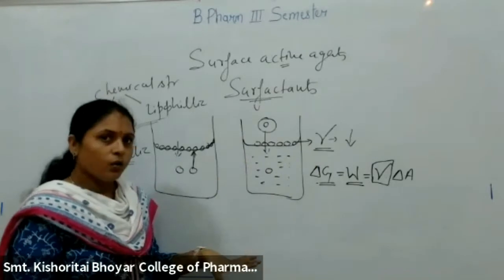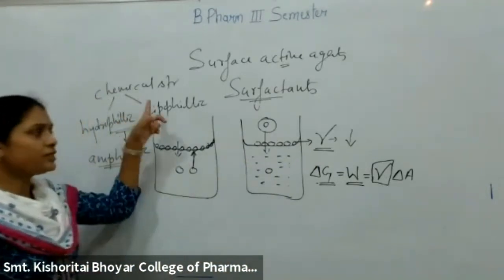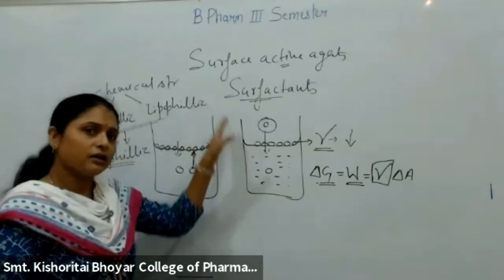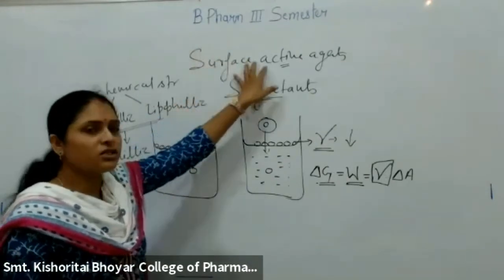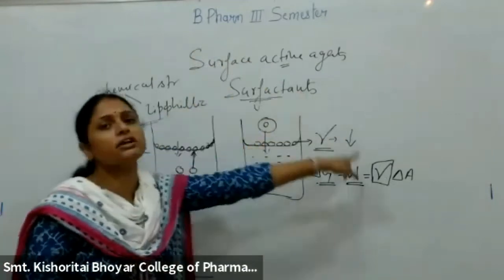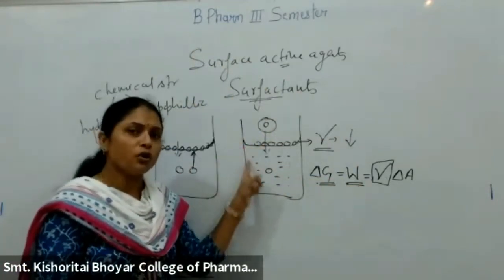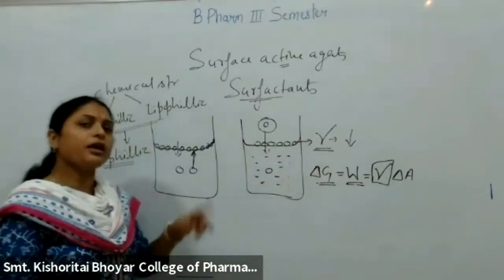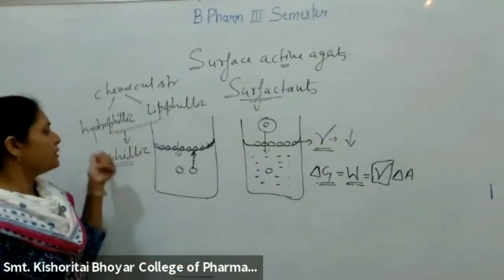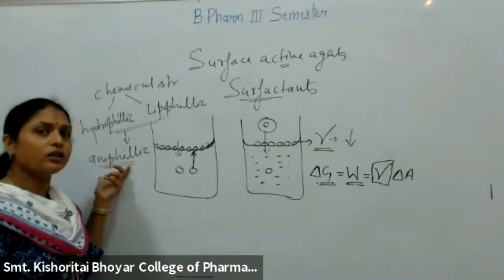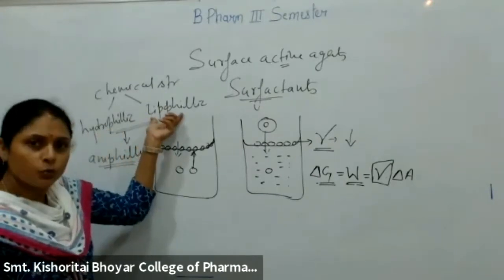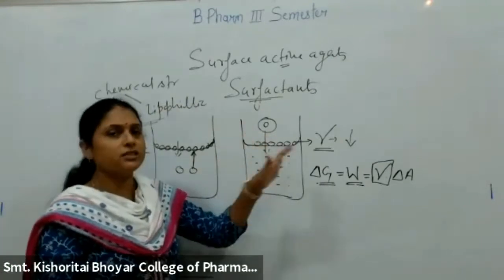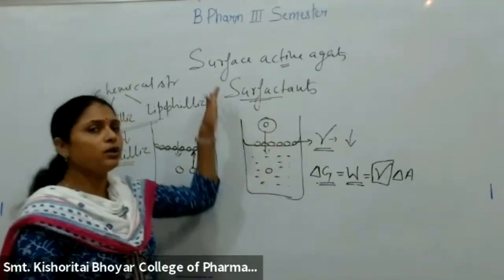Now how? Okay, this much must be clear that surfactants, physically, how will we define them? Surface active agents are the agents which reduce the surface tension. They adsorb onto the surface and they are able to reduce the surface tension. That is what a surface active agent is. Chemically, how can we define it? These are amphiphilic in nature, or having hydrophilic groups as well as lipophilic groups in their structure. Thereby, they adsorb onto the surface. And this is what a surface active agent is.